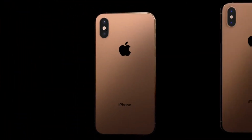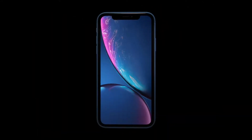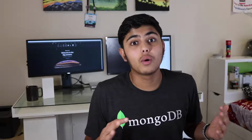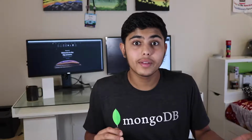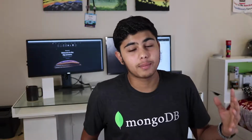I'm personally digging that space gray color. I think the copper one's really not my taste, but I think it's gonna appeal to someone. That's why they chose it. It's kind of like the rose gold color that came out a few years ago. I didn't like it, but I know a lot of people that use that color and enjoy that color, so it's all preference based. The design is really cool, but let's move on to the camera tech, because this year